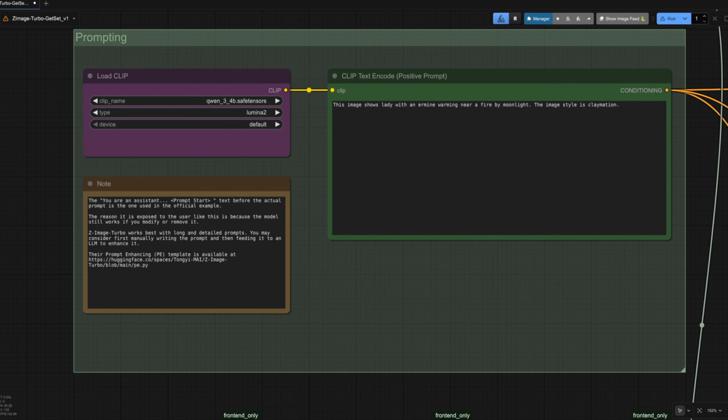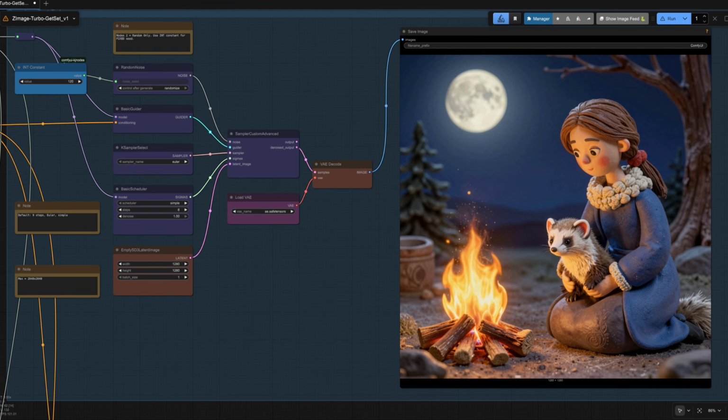Given that it did so well, I'm going to try a much shorter prompt this time. Lady with an Ermine is a famous painting, but can it take the essence of that, add a little fire and some moonlight and change the style to that of a claymation figurine? The answer is